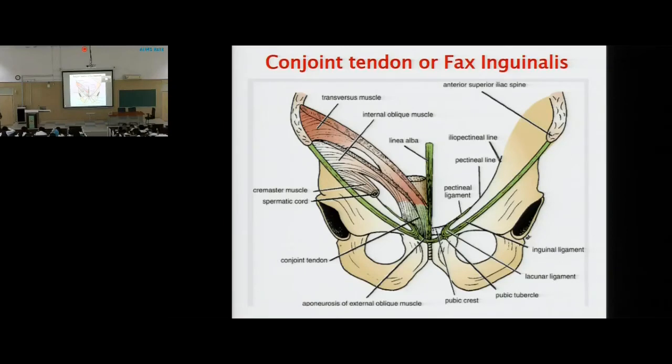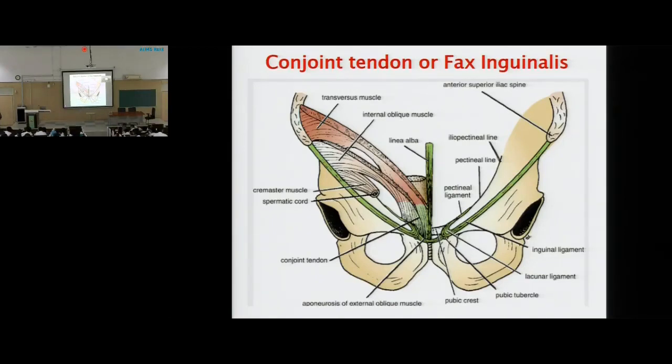Now next to it is the internal oblique. The internal oblique fibers, the fleshy fibers, originate from the lateral third. This end is free now. These fibers are now aponeurotic fibers. These aponeurotic fibers are going to stretch and get inserted on the pubic symphysis. So when they are going like this, they are arching over some structure. They are arching over the inguinal canal. Because of their arching, a space is created, that is the inguinal canal.